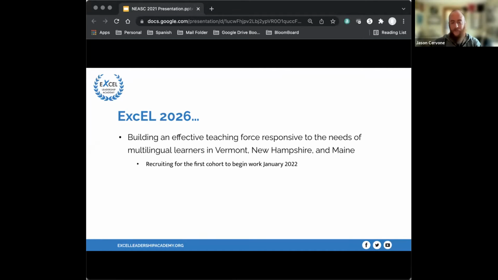And so our current grant, we call XL 2026 because we ran out of names, and so we're just going by when it ends. It's focused on rural remote schools in Vermont, New Hampshire, and Maine. But if you're not in that area, we're not bound by that. All of our current schools are in Connecticut, Rhode Island, New York. So geographically, no boundaries, but we'd really like to focus right now on getting into schools that really lack the language supports, where you as an ESL bilingual teacher could be the only person in the school or the district working with an entire population.